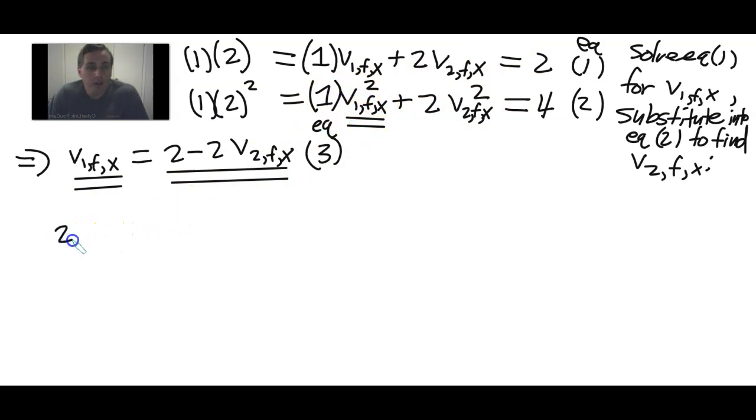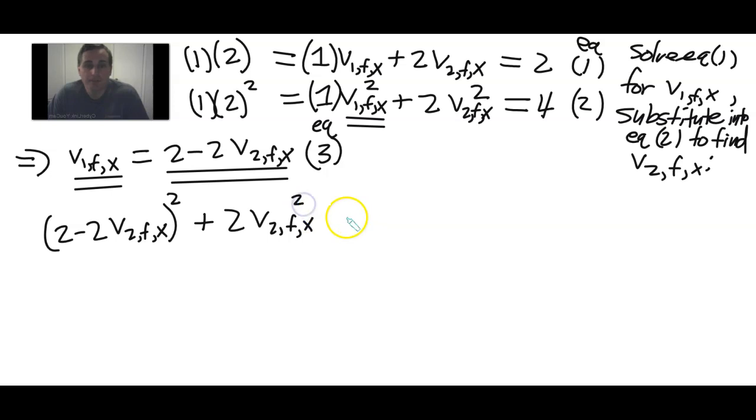So it's 2 minus 2 V2 final in the x direction squared. Whoops. The entire thing is squared, that is, plus 2 times V2 final in the x direction squared equals 4. Now I want to remind you of something. So here is what I believe to be an important reminder. So recall